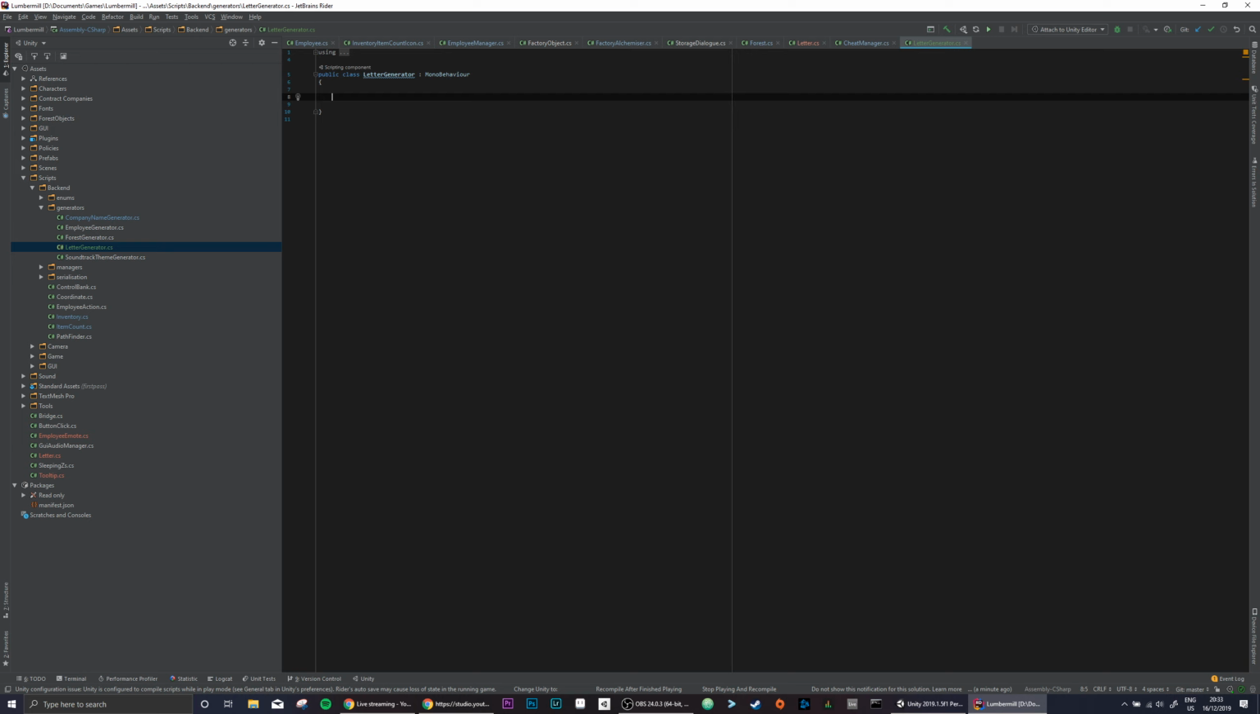Okay, so I've got two main methods that I'm going to go through today. The first one is this one, generate letter. And that's going to have a bunch of different overloaded versions of it. So this one's going to have